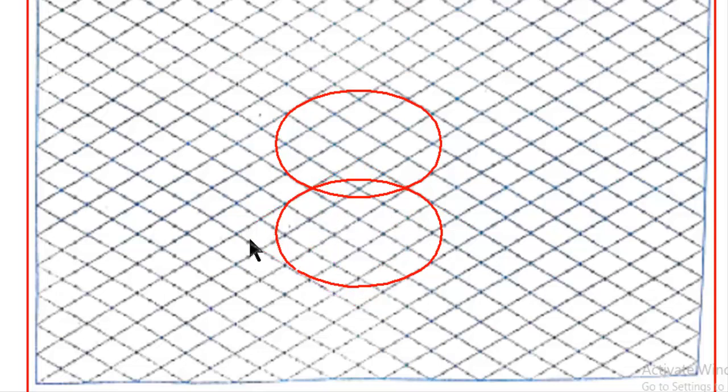You can erase this, and then we can take the visible line and draw the tangent between the top and bottom face. So you can take the midpoint and draw the tangent, and in the same way you can draw the tangent on the other side also. After drawing the tangent, whatever line comes inside this frame, you can erase. So erase those lines, and now it will become a cylinder. Okay, this is how the cylinder is constructed in an isometric sheet.